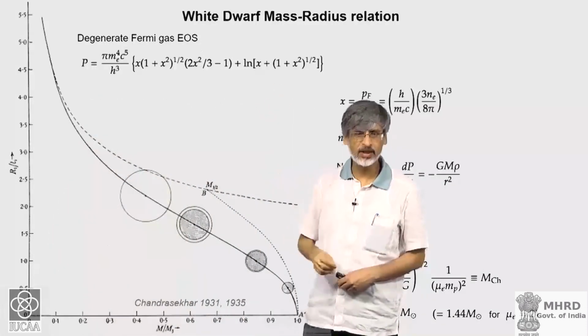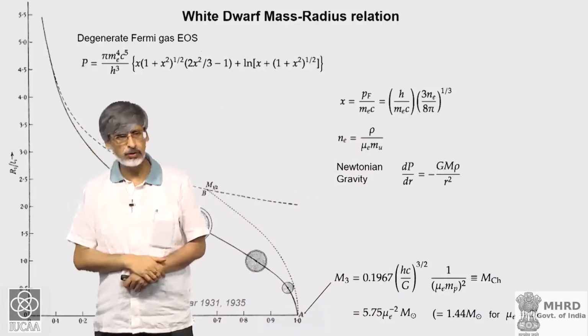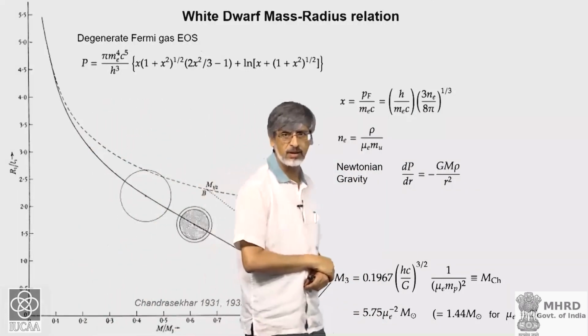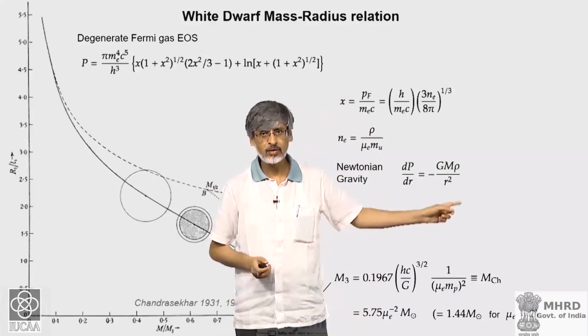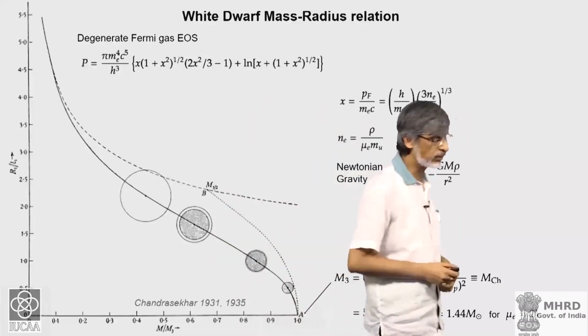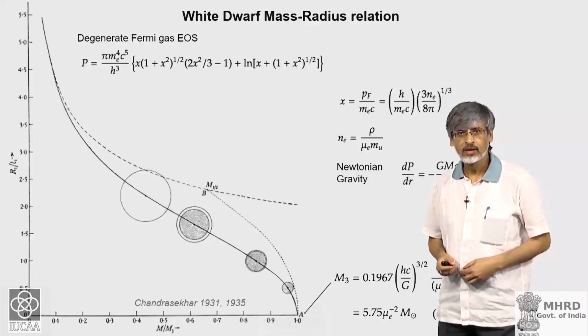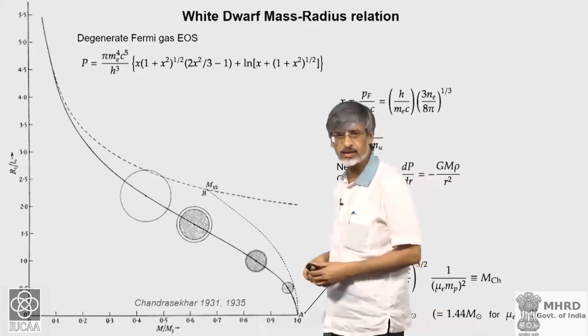You take this equation of state and use the stellar equilibrium equations. In this case, one is using Newtonian gravity, which is dP/dr equals minus GM/r squared. Then you get to this expression for maximum mass,